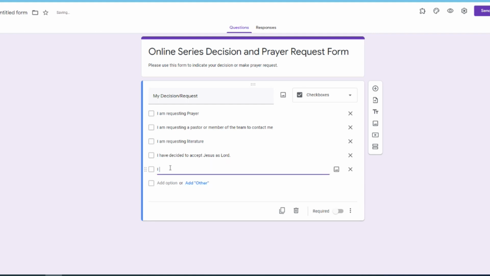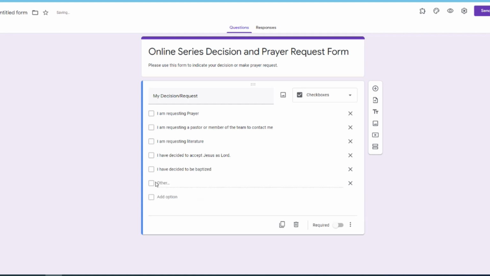I have decided to be baptized. Okay, and you could always, as I said, add other, and they'll be able to type any unique request that they have. I'm going to make this one mandatory, so I click the required button,